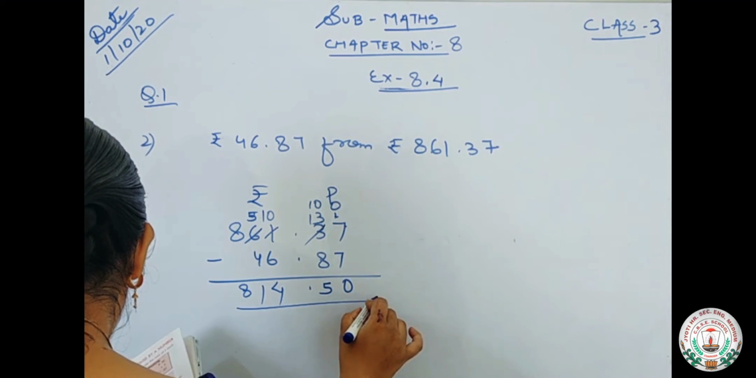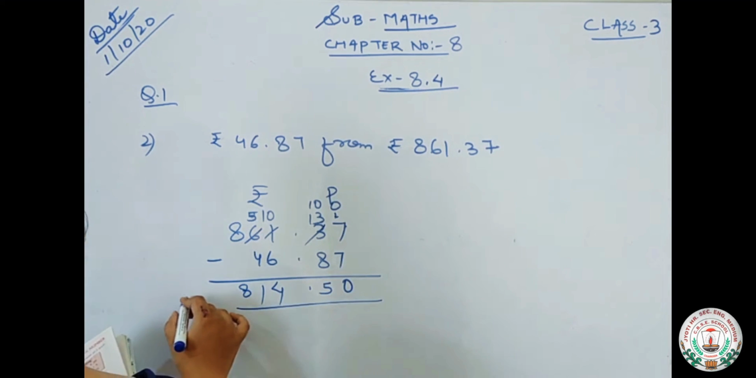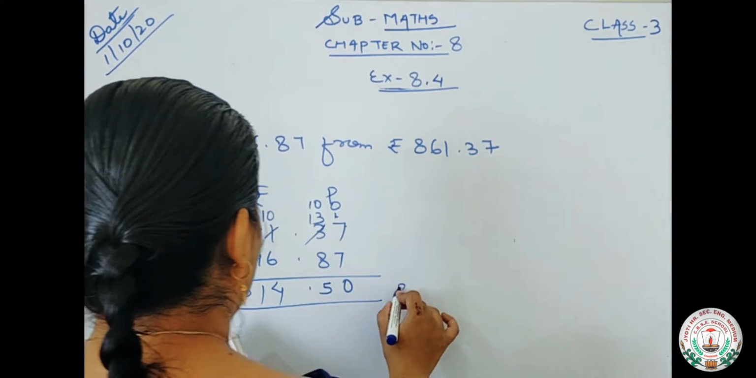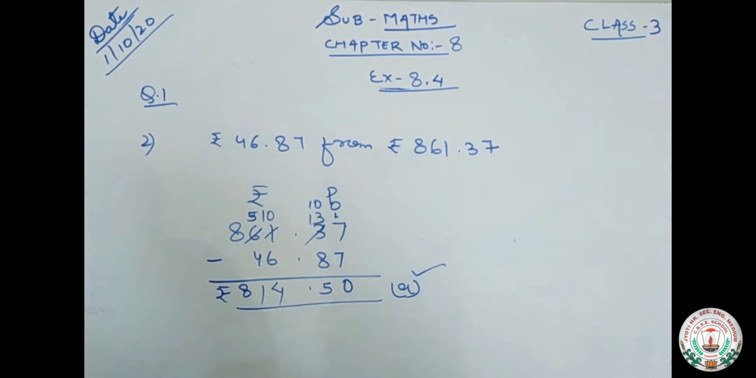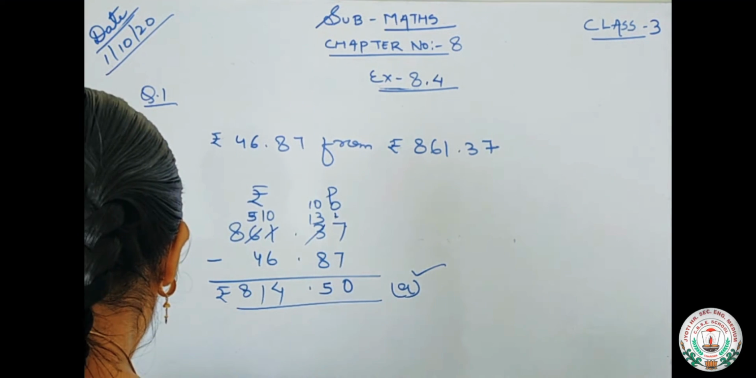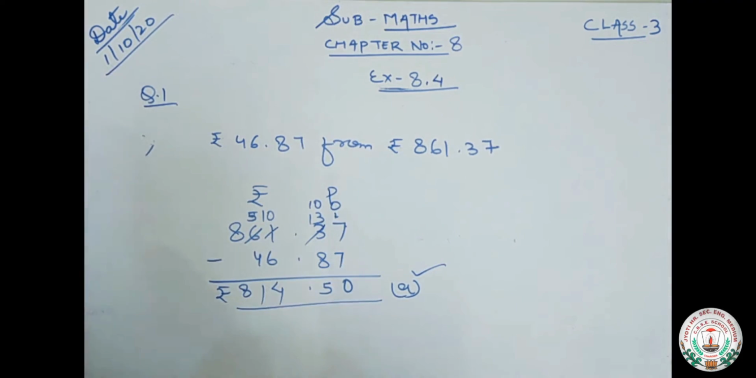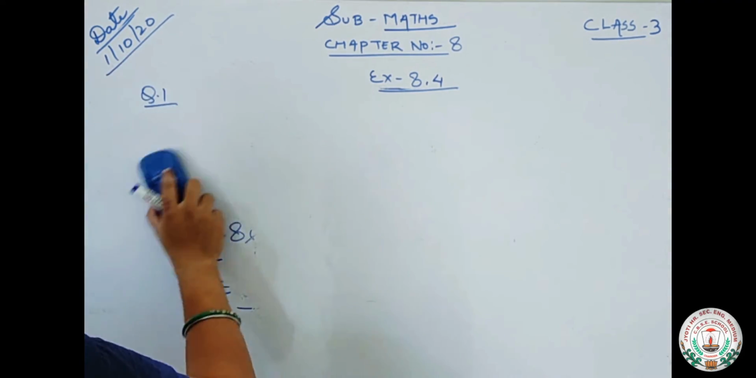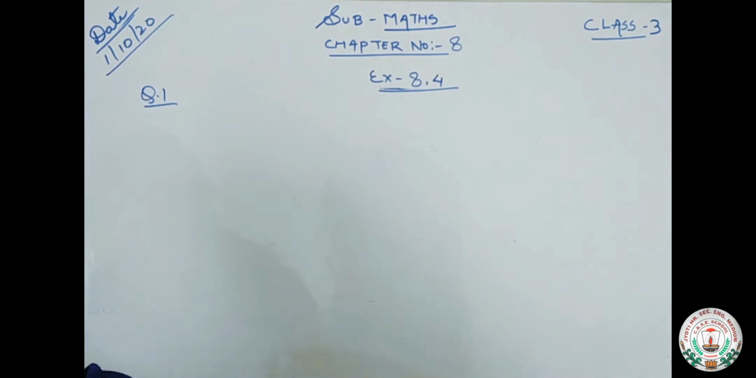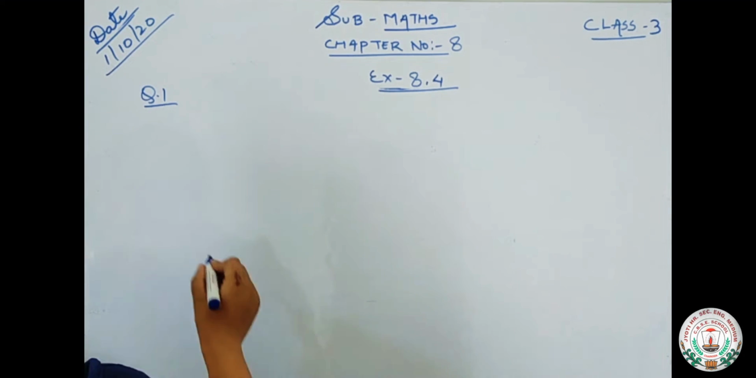So what is our answer? Answer is rupees 814.50, which is given in option number A. So you will tick option number A. Number 4th is, this was number 3. What is number 4? Number 4th is the difference